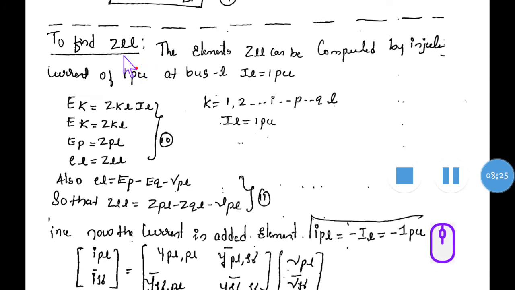Before we found Z of Li, now you have to find Z of LL. Same process you have to follow. Okay, EK and EL, so wherever I is there, L is replaced. EL is equal to Z of Li we have written, and the IL term will be 1 per unit everywhere, so that's why I have not written it here. And EL is equal to Z of Li. EI or EL, you can take, I is replaced by L here, so EL is Z of LL.